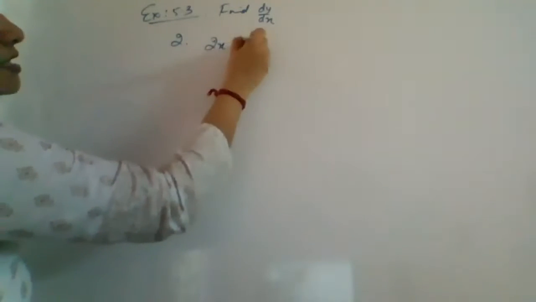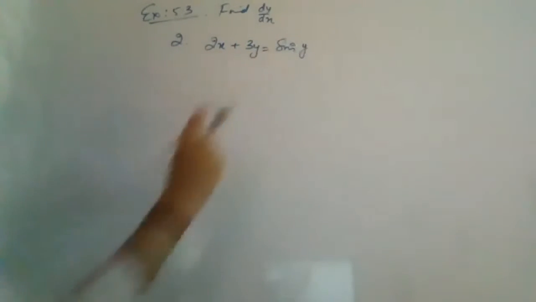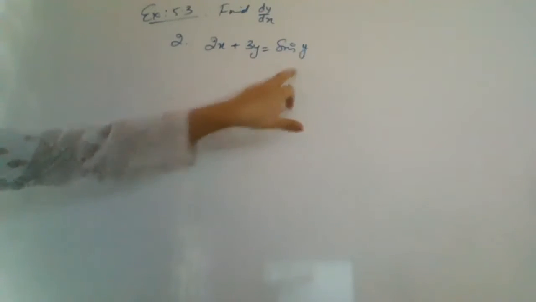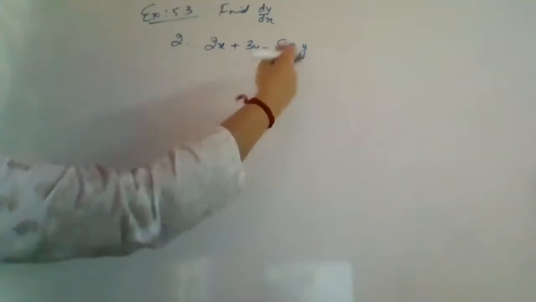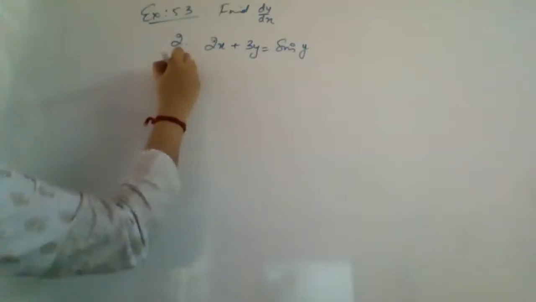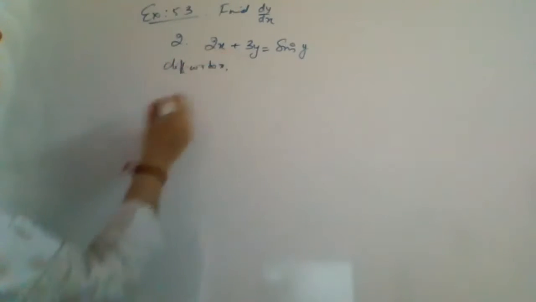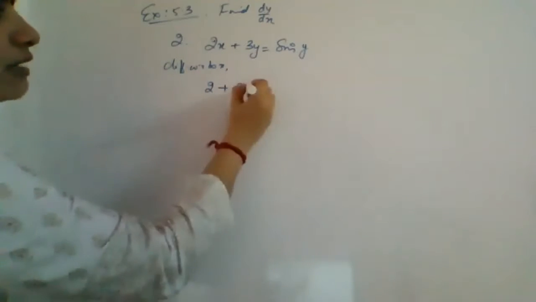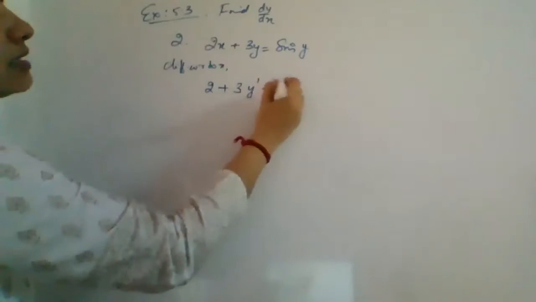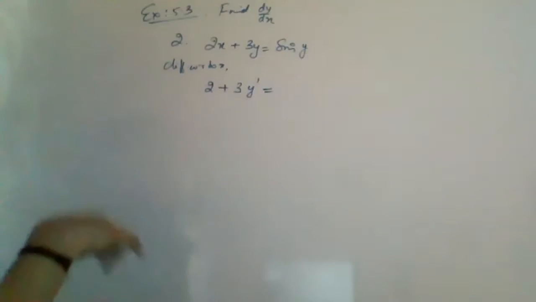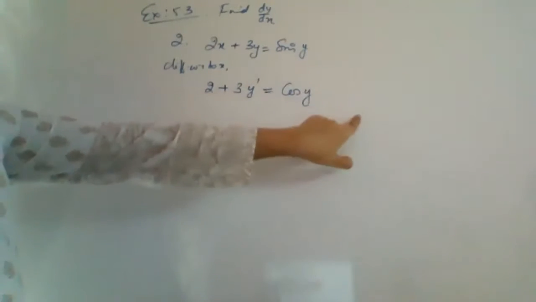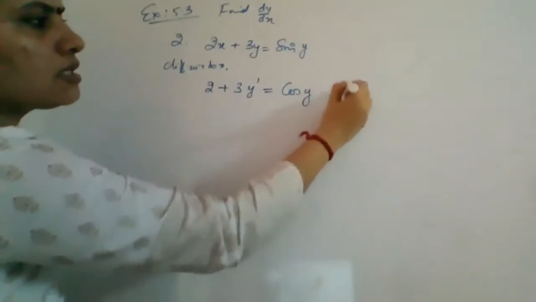Second one, 2x plus 3y is equal to sin y. There is a slight difference in the second question. What is the difference? You have 2x, you have 3y, but there you were having sin x, here it is sin y. That means wherever you have y, you will get a y dash also after differentiation. So differentiating with respect to x, here you will get 2 into derivative of x, 1, plus 3 into derivative of y, y dash or dy by dx, is equal to sine, derivative of sine is again cos, whatever angle it is. But since it is not x, you have to differentiate that term also.